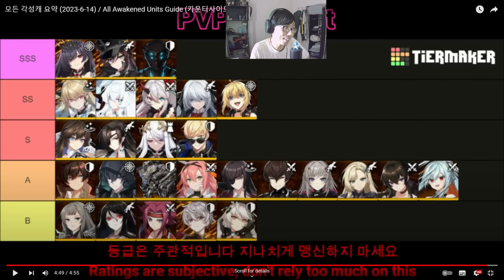So for PvP, okay, Awaken Rosaria, Awaken Karin, replace the King, makes a lot of sense. Horizon drops down a little bit. I'm not sure if Awaken Horizon drops down. Okay. So Awaken Regina, Awaken Amy, and then